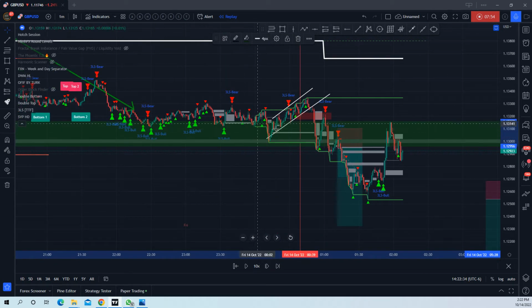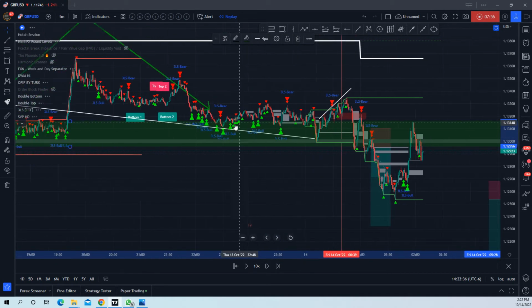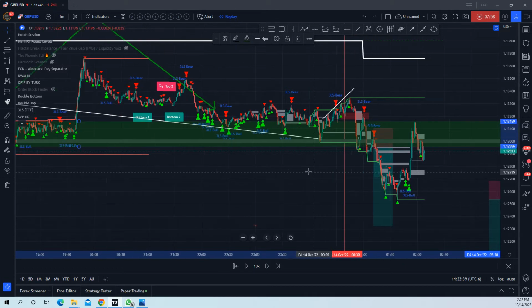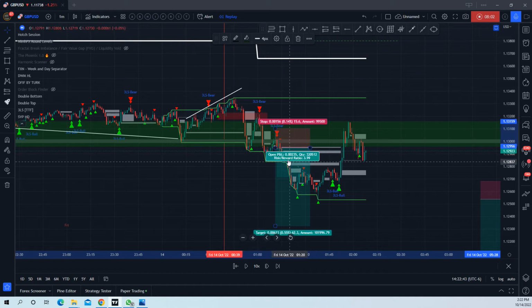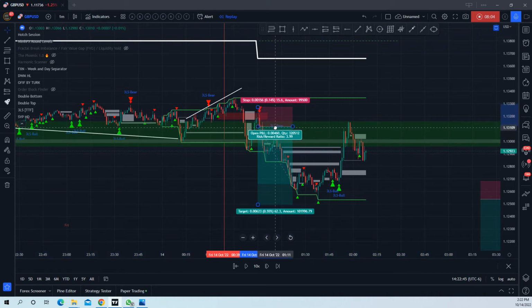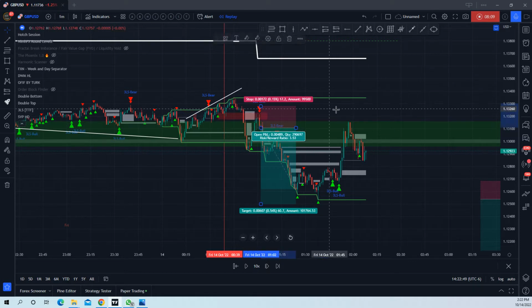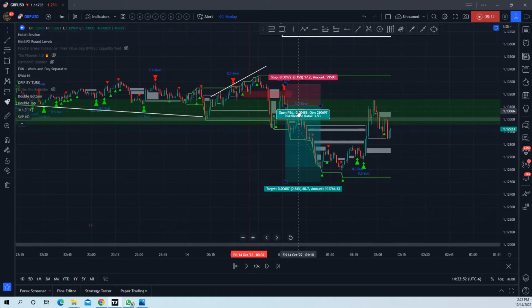Okay, and we'd had the sort of breaking structure. But if I wanted to be really sure, I would have waited for another retest. And that retest would have been up here with this three-line strike trigger bar. And that should have been the entry, right? And if we're going for 50 pips only,